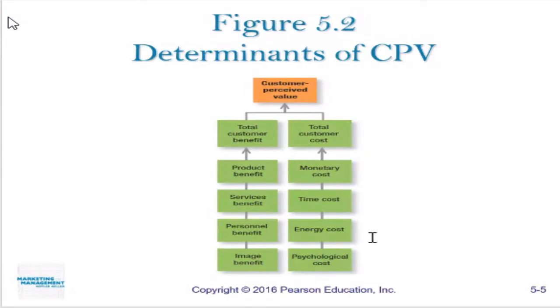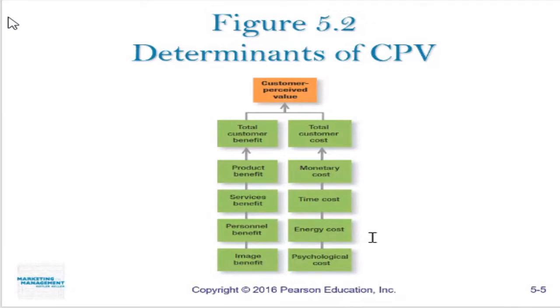Now the difference between total customer benefit and the total customer cost is the customer perceived value. This is actually automatically worked out in the minds of the consumer. You don't sit with a pen and paper to do this, but as you interact with a product or a brand, your brain automatically calculates all these and sums the totals into the benefits,